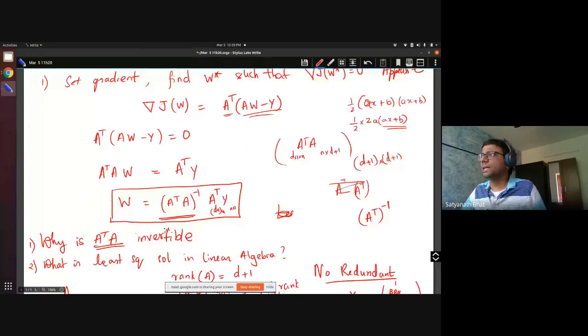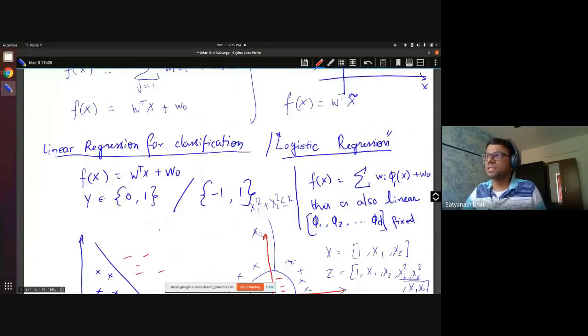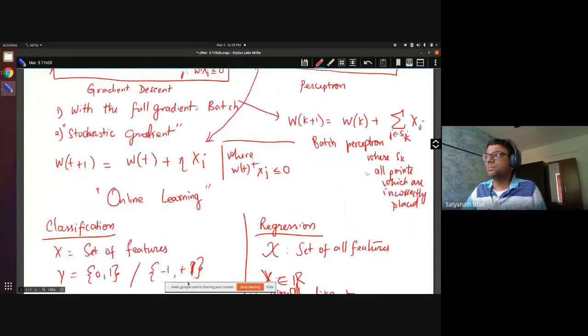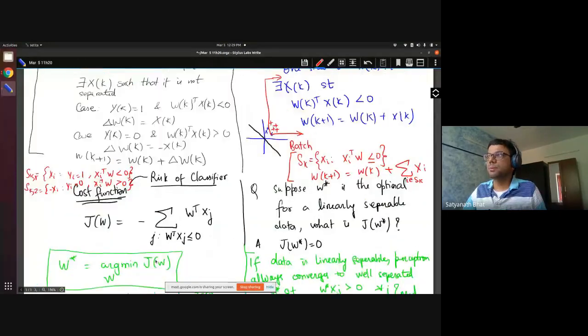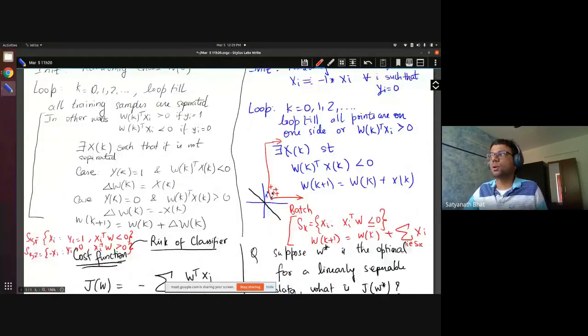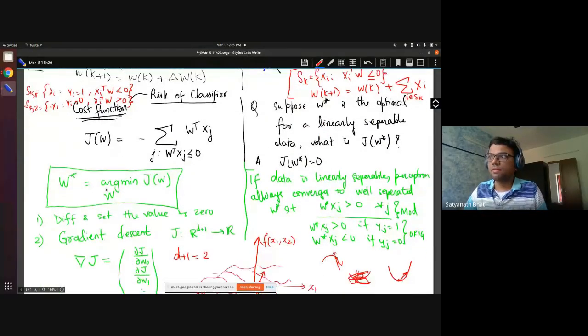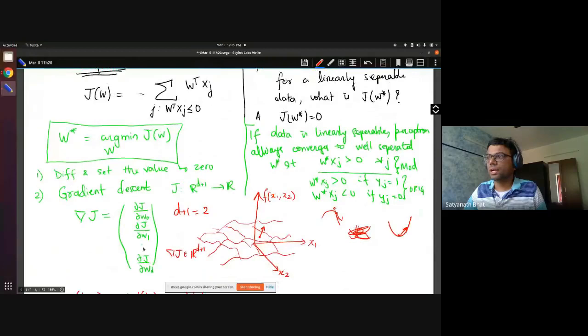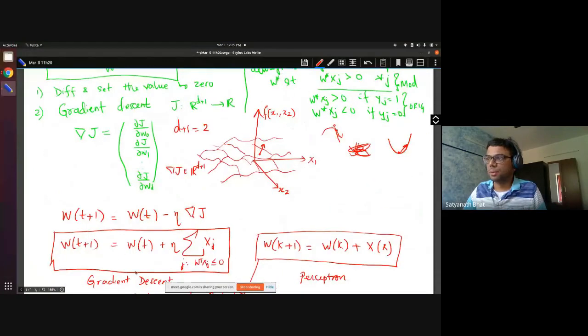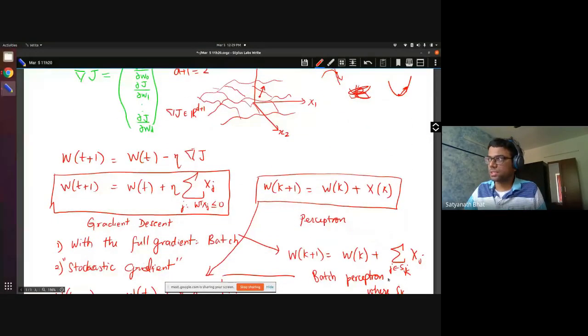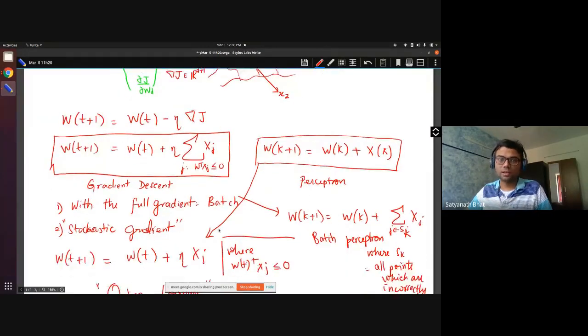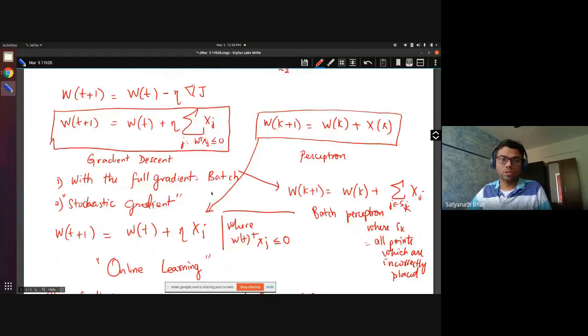So let's just quickly go through what we have discussed today. We started with the perceptron, and we saw the two versions of perceptron. We then looked at the goodness of fit of a perceptron, and how we use gradient descent to find the perceptron solution. We saw that there are two versions, the stochastic version and the batch version, and this discussion is important because you will see something similar appearing in regression and in other topics as well.